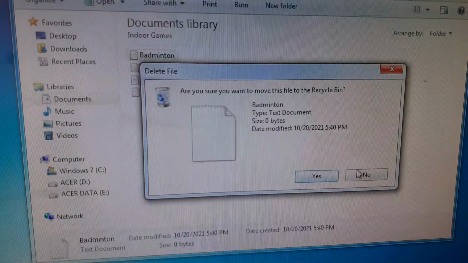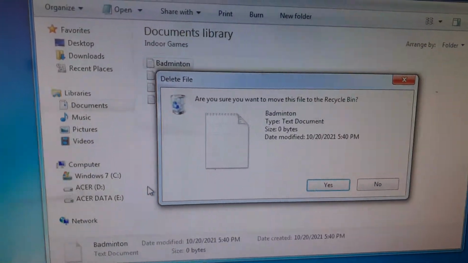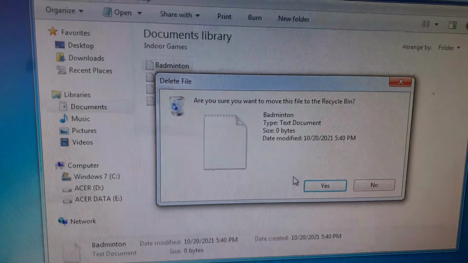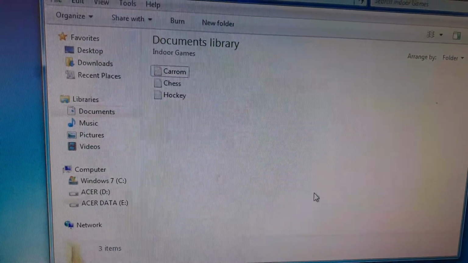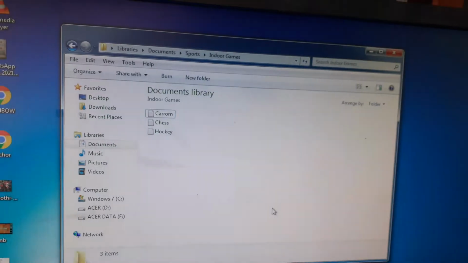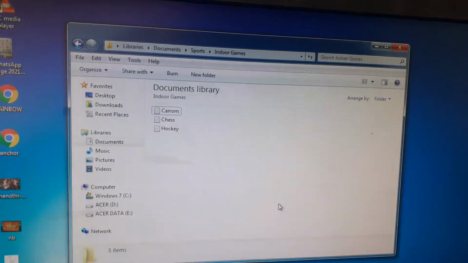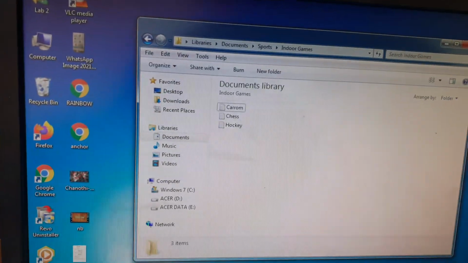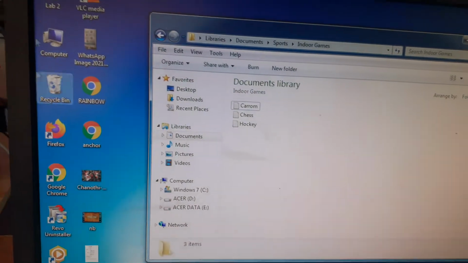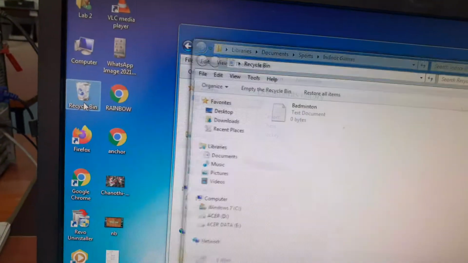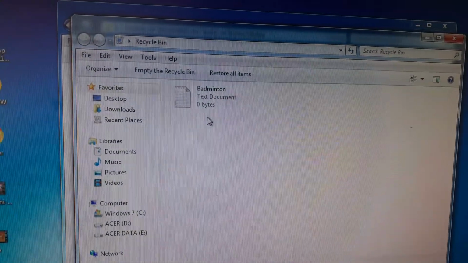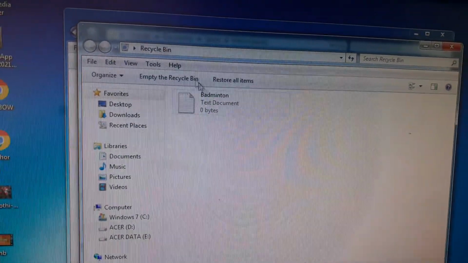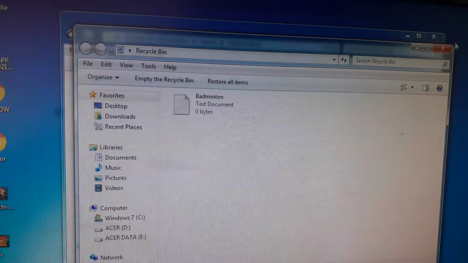And if you press no, then the file will not be deleted. Now if you press yes, then you can see the badminton file disappears from here. And you can see this file in the recycle bin. See, this is badminton in the recycle bin folder.